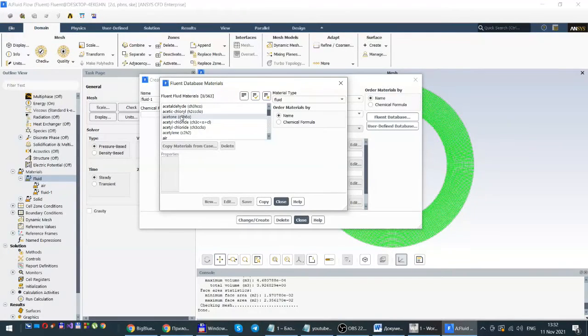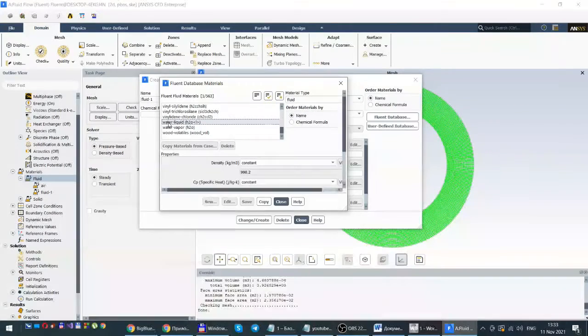Here we have a lot of fluids, some of them liquid, some of them gaseous. We want water. Oh yes, water liquid, not water vapor. Select water liquid